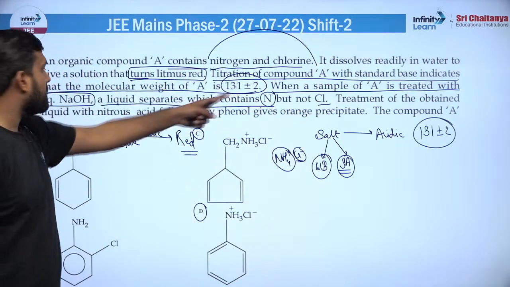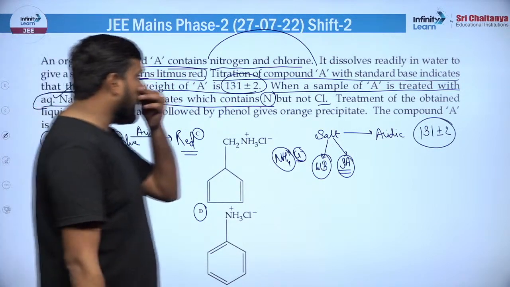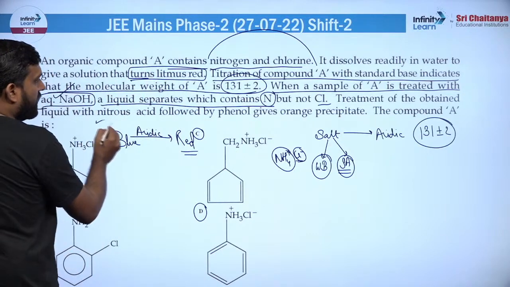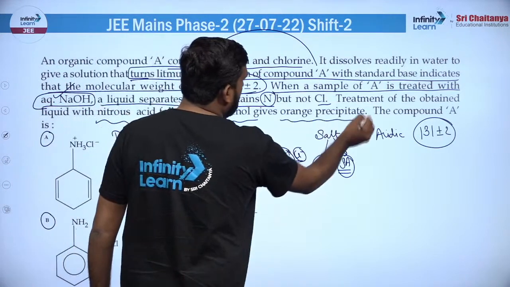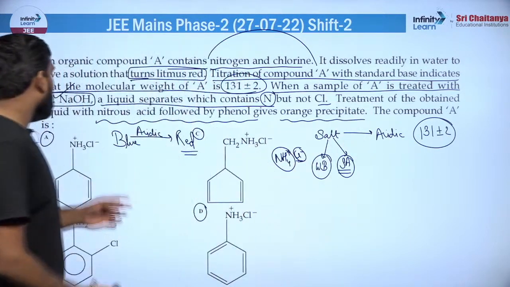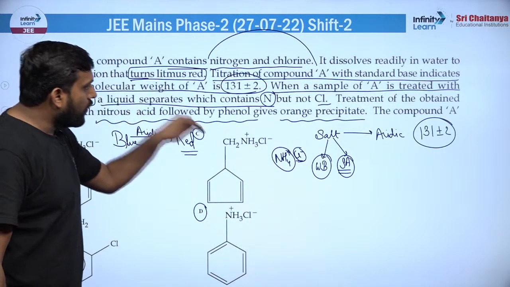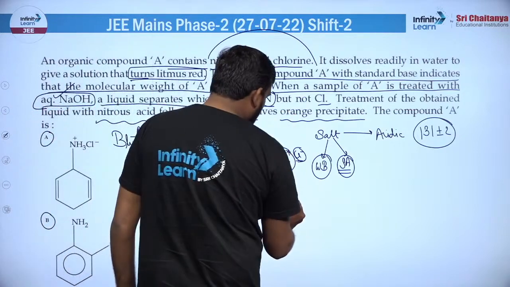वो HCl के साथ न्यूट्रलाइज हो चुका है, ठीक है। Treatment of the obtained liquid with nitrous acid followed by phenol gives orange precipitate, ठीक है। यानी उसका जब हम ट्रीटमेंट कर रहे हैं नाइट्रस एसिड के साथ, फिर उसको फेनॉल से जब ट्रीट कर रहे हैं तो ऑरेंज पीपीटी दे रहा है। ऑरेंज पीपीटी जनरली कब बनती है, फेनॉल के साथ,